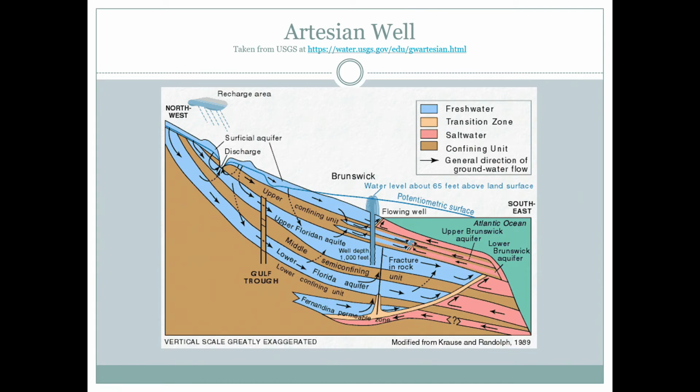Upper Floridian aquifer. Notice how above that aquifer you have a confining layer, an aquitard or an aquiclude, and below is the upper confining unit. And then below it, the middle semi-confining unit is an aquiclude or an aquitard as well. So that aquifer is contained between two rocks that won't let water pass through. So the only way water can get in there, because it's not going to fall straight down through that upper confining unit, it can't get through that. So the only way it can get through is to go back uphill.